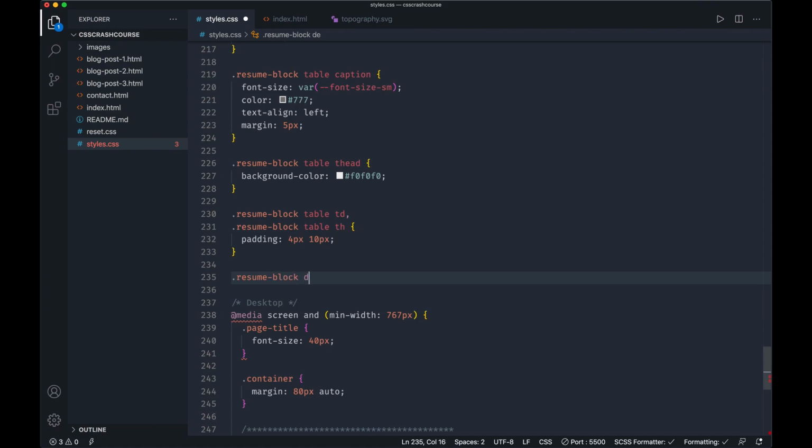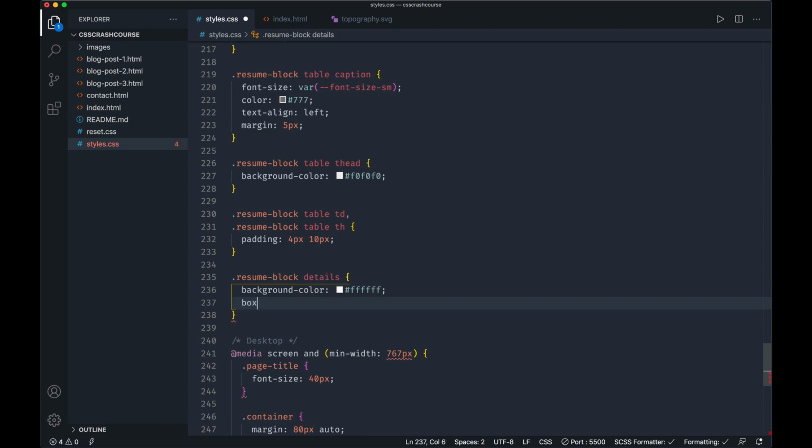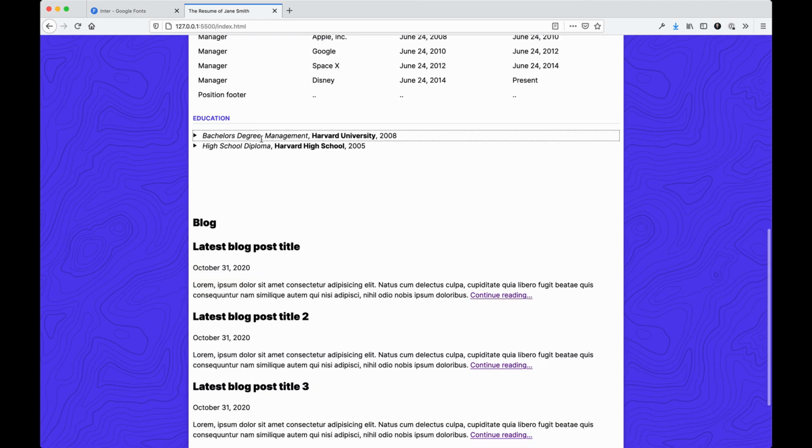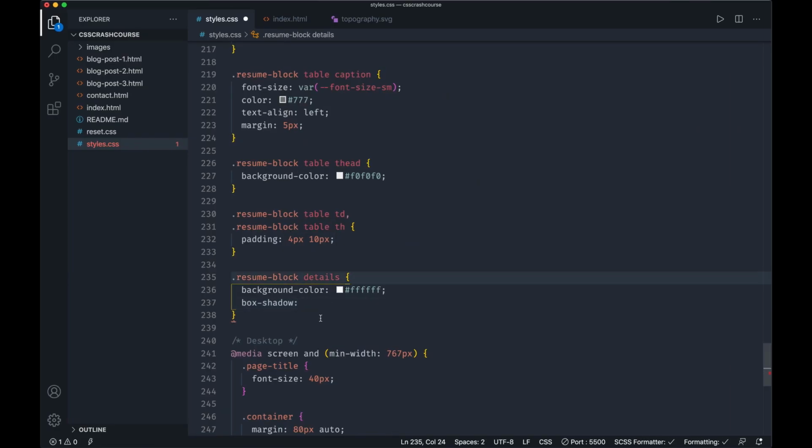So let's see. Yeah, details are the next look. So background color is white. We'll add some box shadow to the, I'll show you where we're at now. We're down the page to these elements, these things that toggle. They're kind of a neat little built-in accordion kind of thing that comes native with the browser now, which is great. So we'll add some offset on the y-axis and some blur,